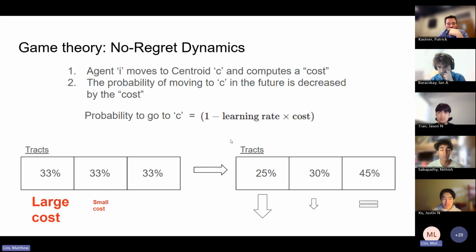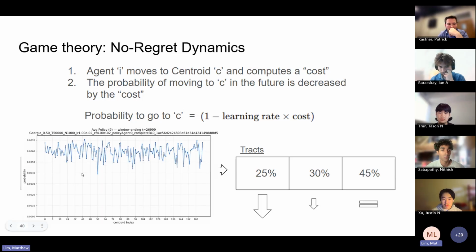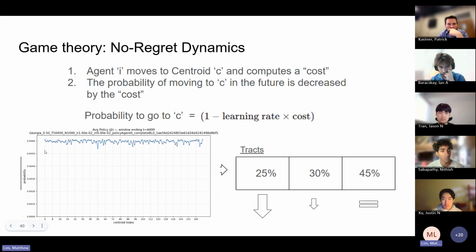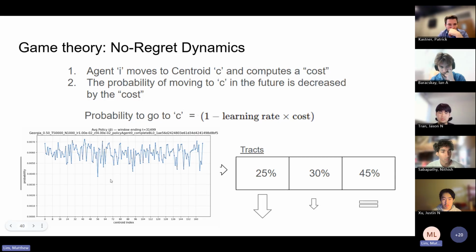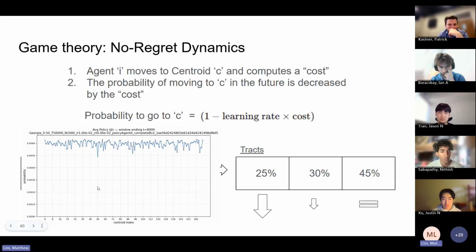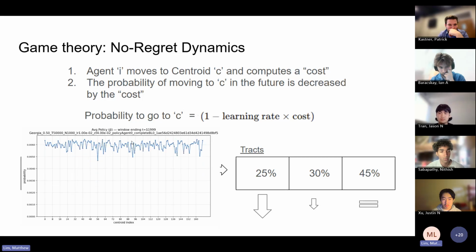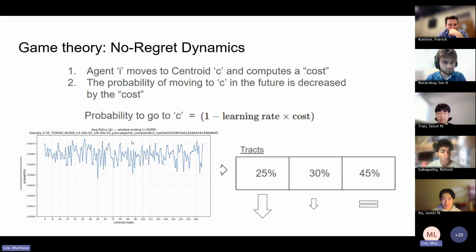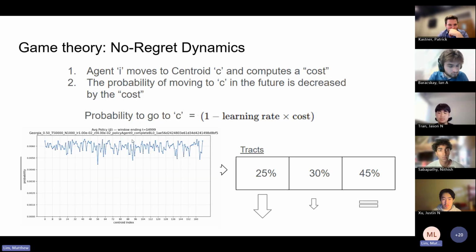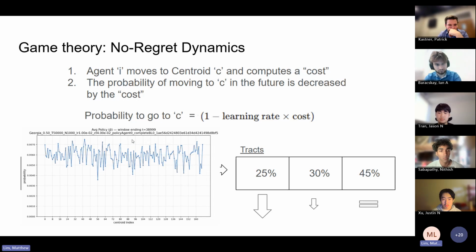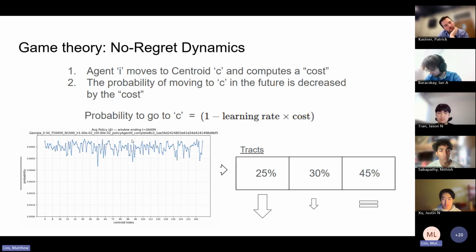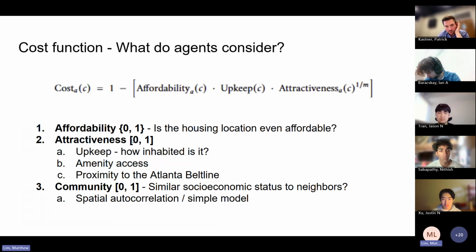And so what that actually looks like is throughout the course of the simulation, our agents see that they don't like certain tracts, which is why they're going low, and agents do like certain other tracts. And this is exactly the kind of behavior we want to see. And this will tell us how much our agents like the city, pretty much, how much they like the census tracts.